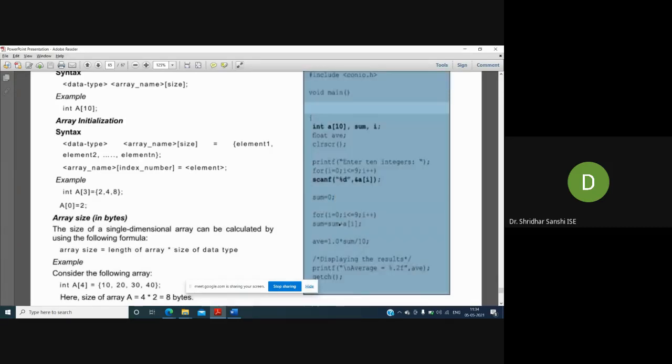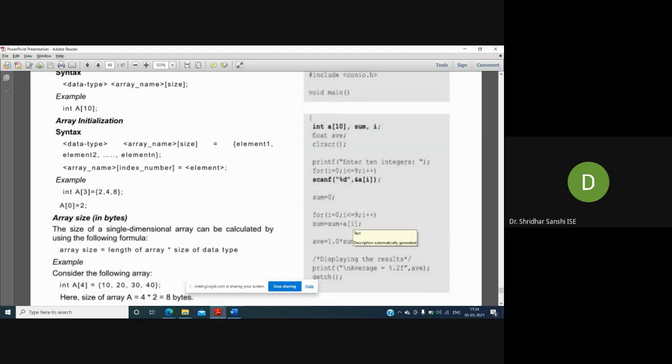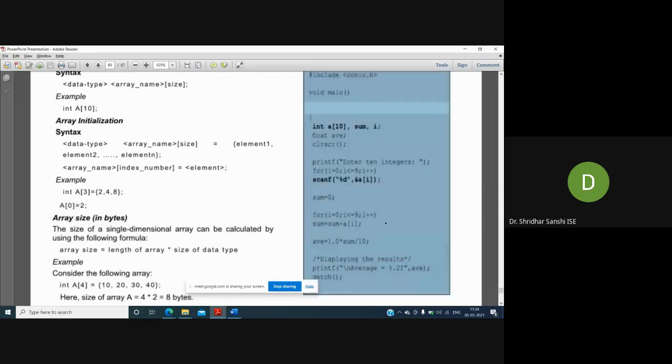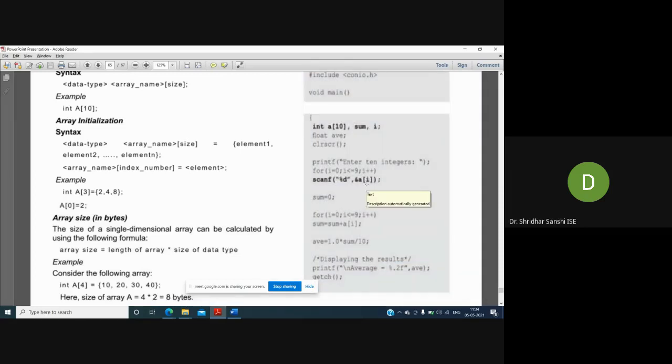In the first iteration, i will be 0, so I'm taking the element at the 0th position and adding it to sum. Then the i value will be incremented, so I will go for the next position. In the same way, I'm going to calculate the sum. After calculating the sum of array elements, I am calculating the average, and I'm displaying that average here. So this is how you can read array elements or write into an array using C programming.